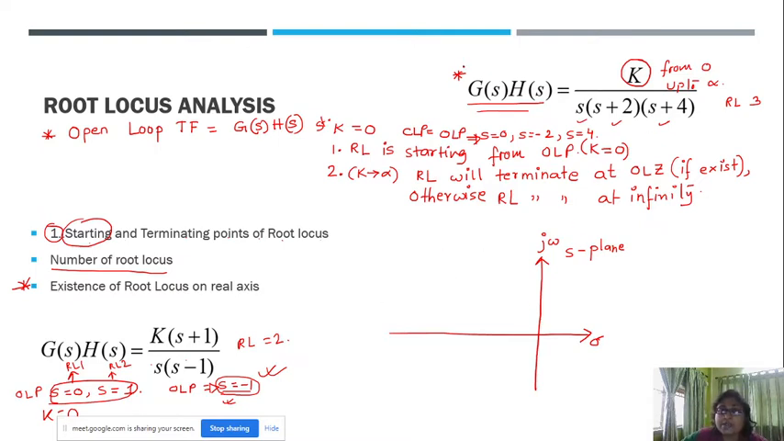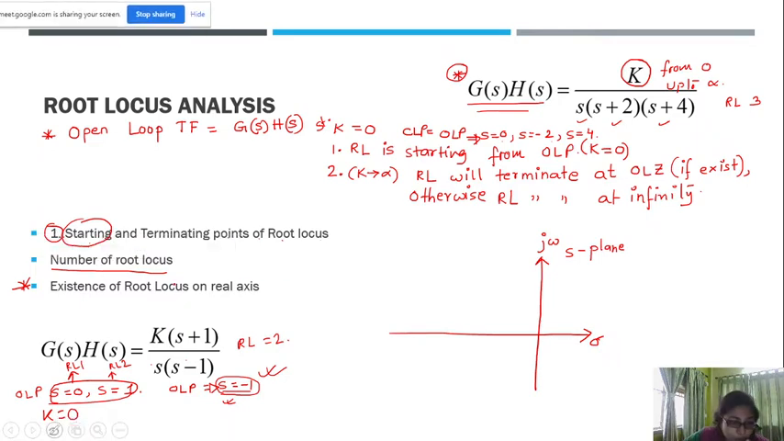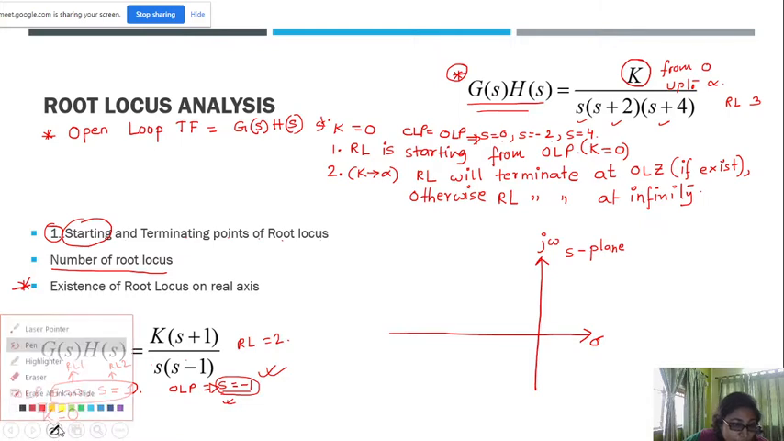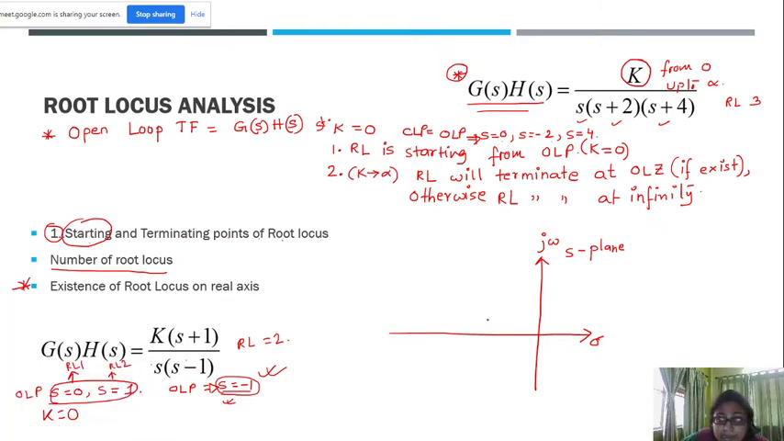Suppose I am taking this example, where the open loop poles are at 0, -2 and -4. Let's take these open loop pole positions. This is s equal to 0, this is s equal to minus 2, and this is s equal to minus 4. Among these three, as I have told you, from each and every open loop pole,